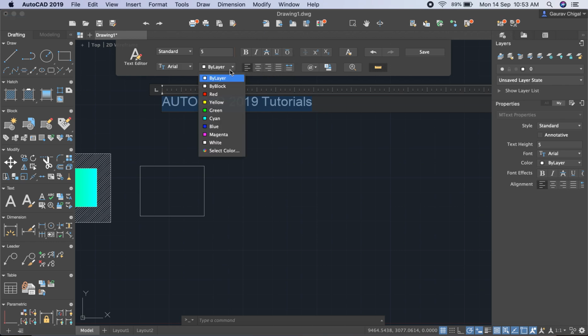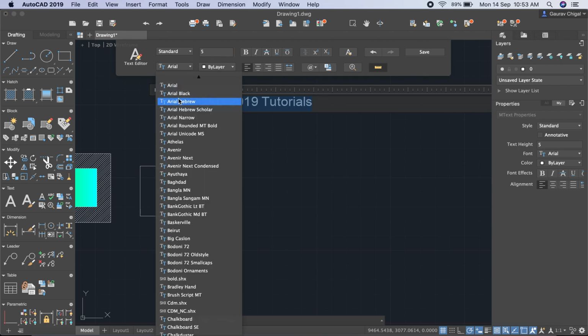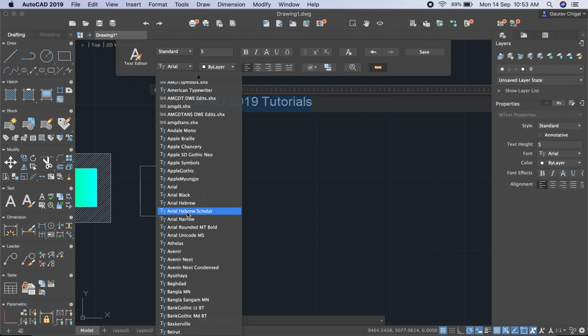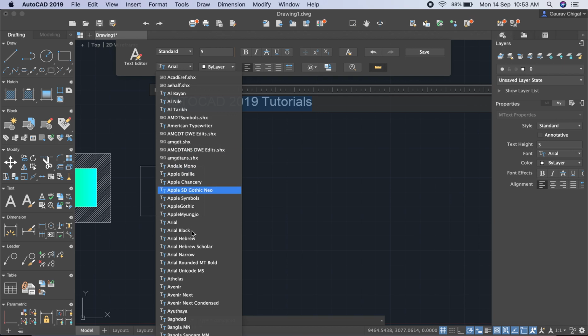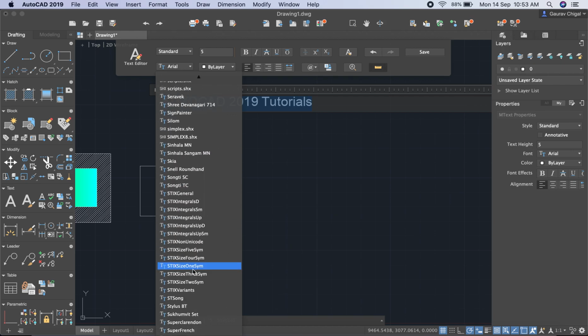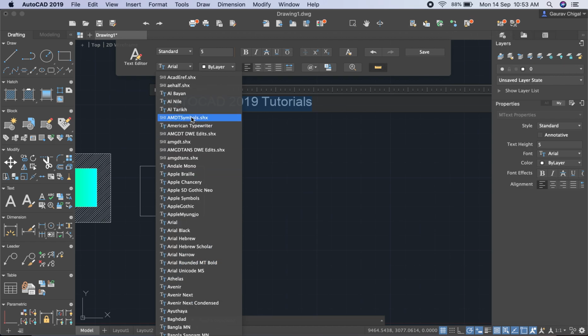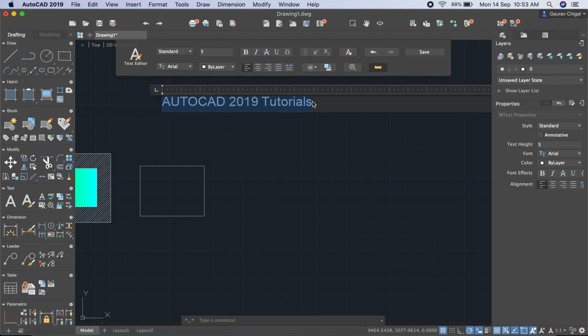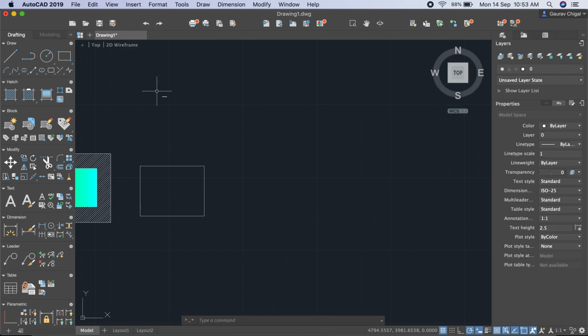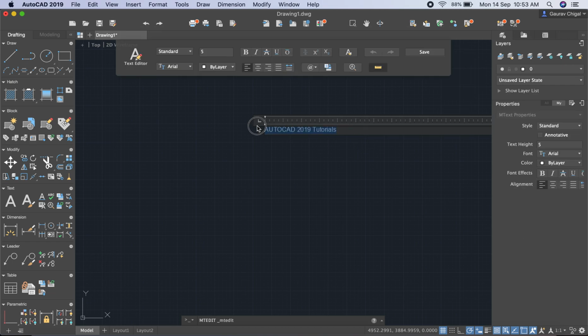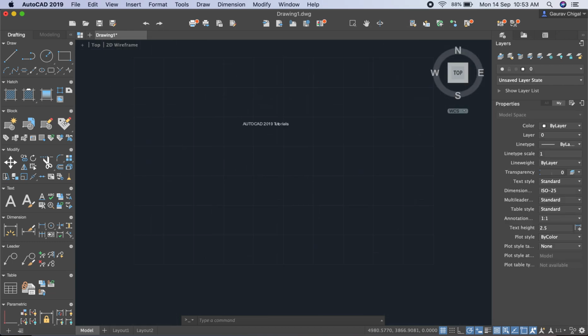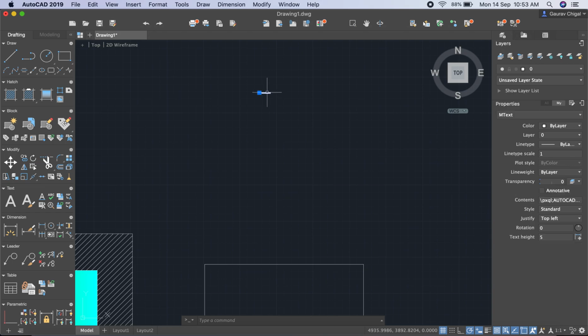By layer you can give the color to the text: red, yellow, green. Okay, and then if you want some other font than Arial, like Times New Roman, Calibri and so on, you can choose a number of fonts from here also. Okay, so this is how you can do the text part or provide some notes on the drawing. Then I just see your text is written here. You can change the scale also. So just select here and you can change the text height from here. Okay, so this is how you can select the text.